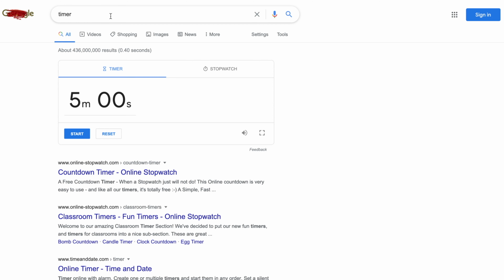Now we're going to open up my computer, and you're just going to type in timer in Google, and it will open up this screen. You just click on the number. It will select 5 minutes as default. Just click on that and then type in 10. This will give you a 10-second timer. We're going to do a little trial and see how many words we can fit into 10 seconds, because 10 seconds is the maximum that you can record for your name field. What I would recommend is the following structure.